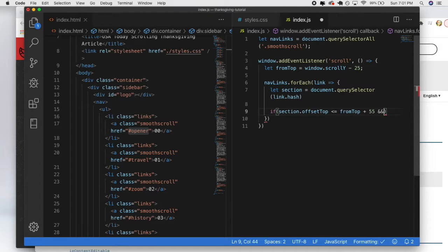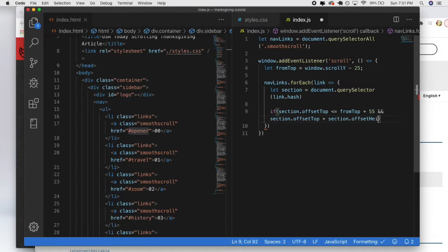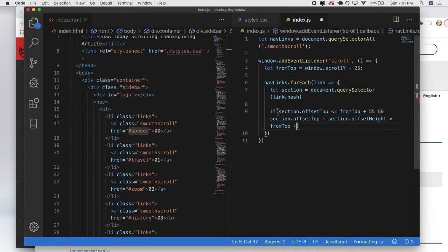So if it is less than that, and the section.offsetTop plus the section.offsetHeight is greater than fromTop plus 55. Okay, so we're saying if it's less than or equal to the section height plus that, or if it's greater than fromTop of the section plus 55. So we're capturing the whole space of the section here. So if this is true,